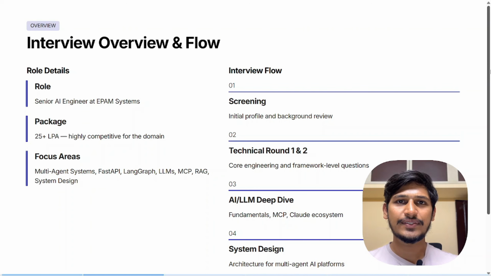Let's go. So starting with the interview flow, the most focused concepts are multi-agent systems, RAG, LLM, LangGraph and system design. This interview process started with a screening round that you already know. This will be a phone call round. They will be asking about our working experience and the projects that you have done and a few minimal questions on previous projects experience and roles and responsibilities in the company.